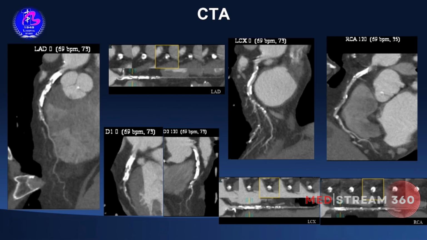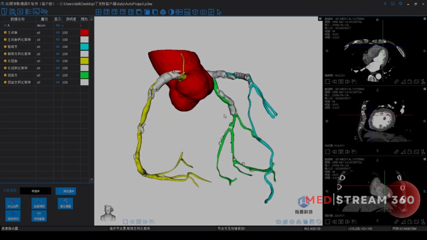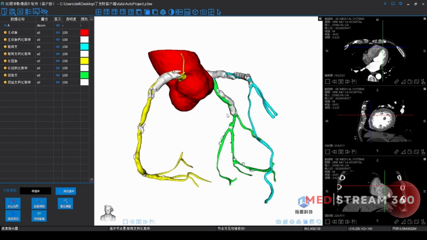And then we performed a CTA scan on the patient, and the results showed a severe stenosis with severe calcification in the proximal LAD. In order to understand the coronary artery lesion deeply, now I will show the intelligent visualization system for coronary CT